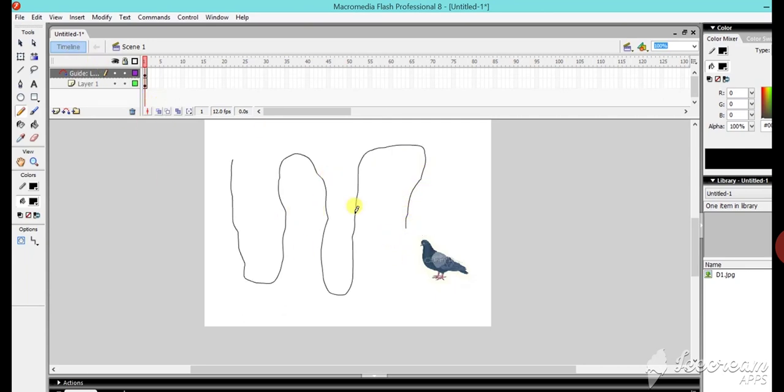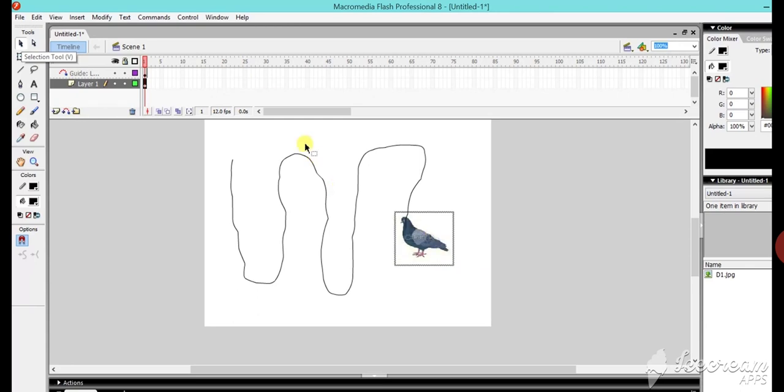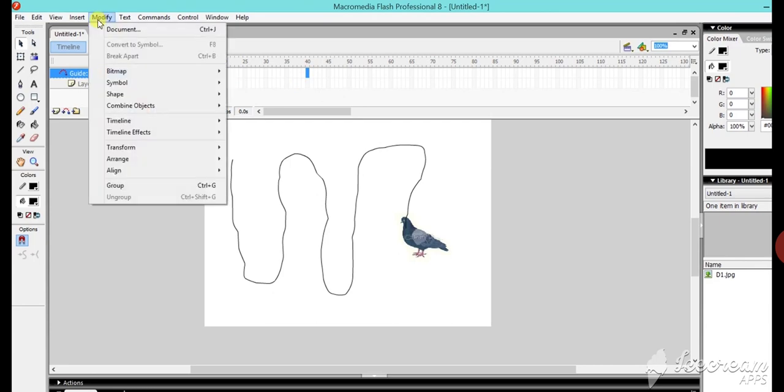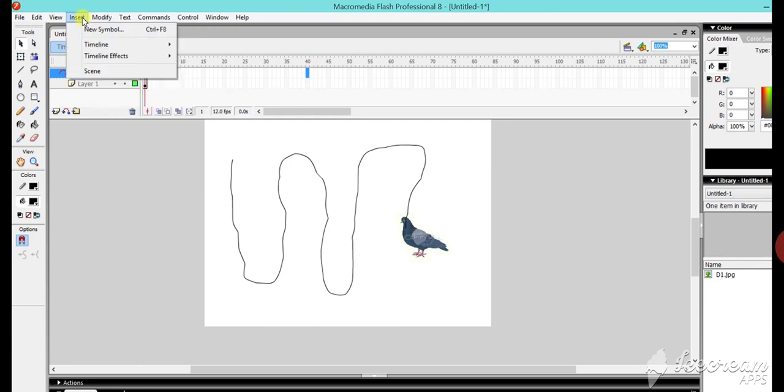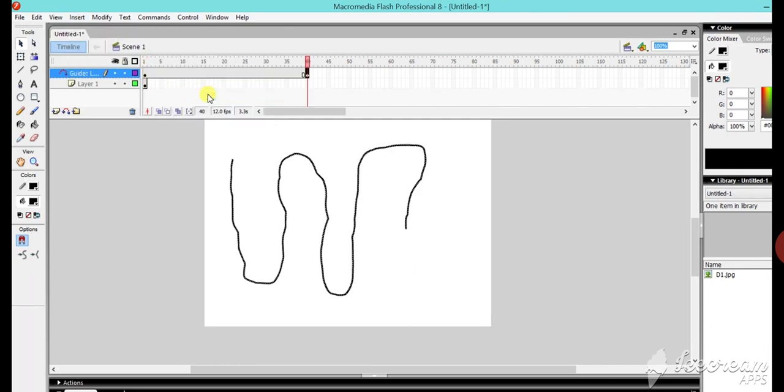Then select the first layer by using the selection tool and set the object. Then select frame number 40 in the guide layer. Then insert a keyframe. See in this way.